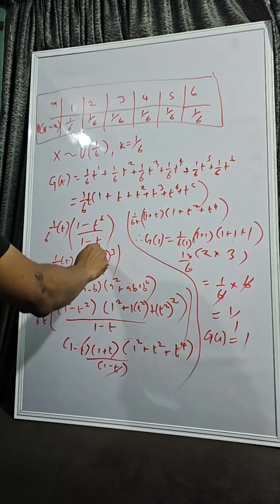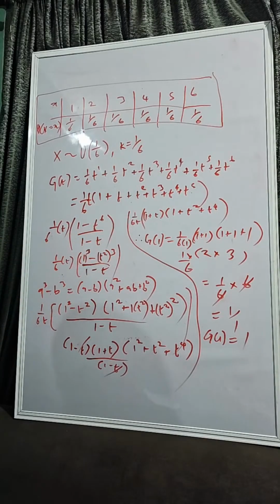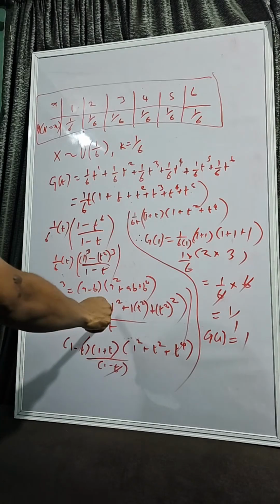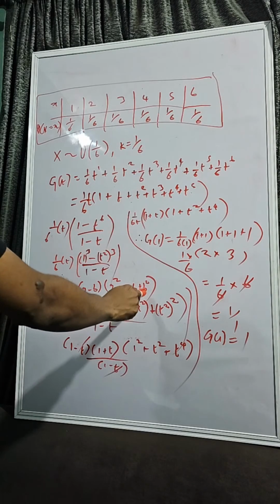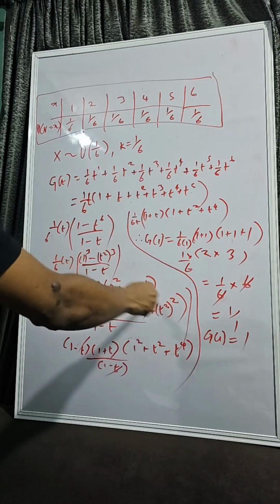a is 1, b is 3, t raised to power 2. Because a3, 1, 3, 1, b3, our b is what? T squared. So that's how they got that. So when you slot in the values, you have what? 1 squared minus t squared times 1 squared plus 1 times t squared plus t squared squared, once you slot